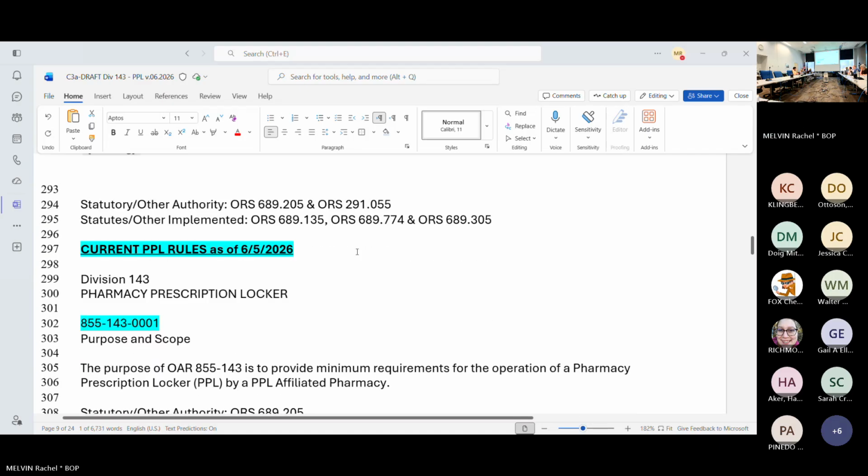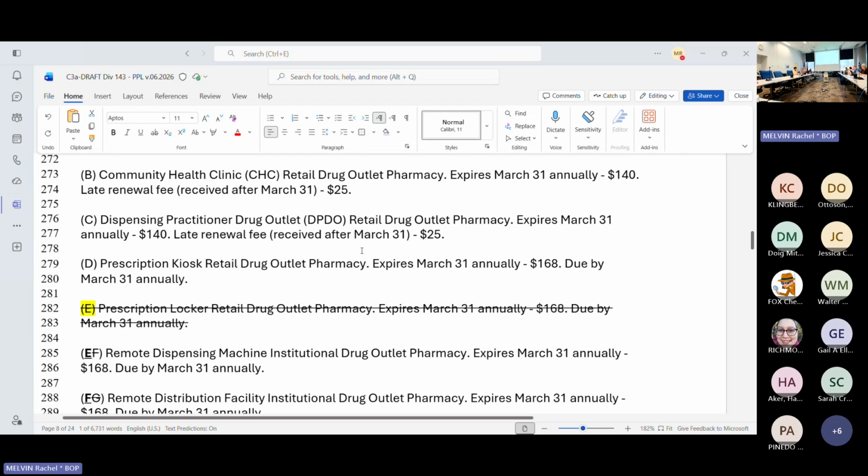All right. Exciting. Is there a motion to send OAR 855-110-0007, OAR 855-143-0001, OAR 855-143-0005, OAR 855-143-0010, OAR 855-143-0015, OAR 855-143-0020, OAR 855-143-0025, OAR 855-143-0030, OAR 855-143-0050, OAR 855-143-0100, OAR 855-143-0120,